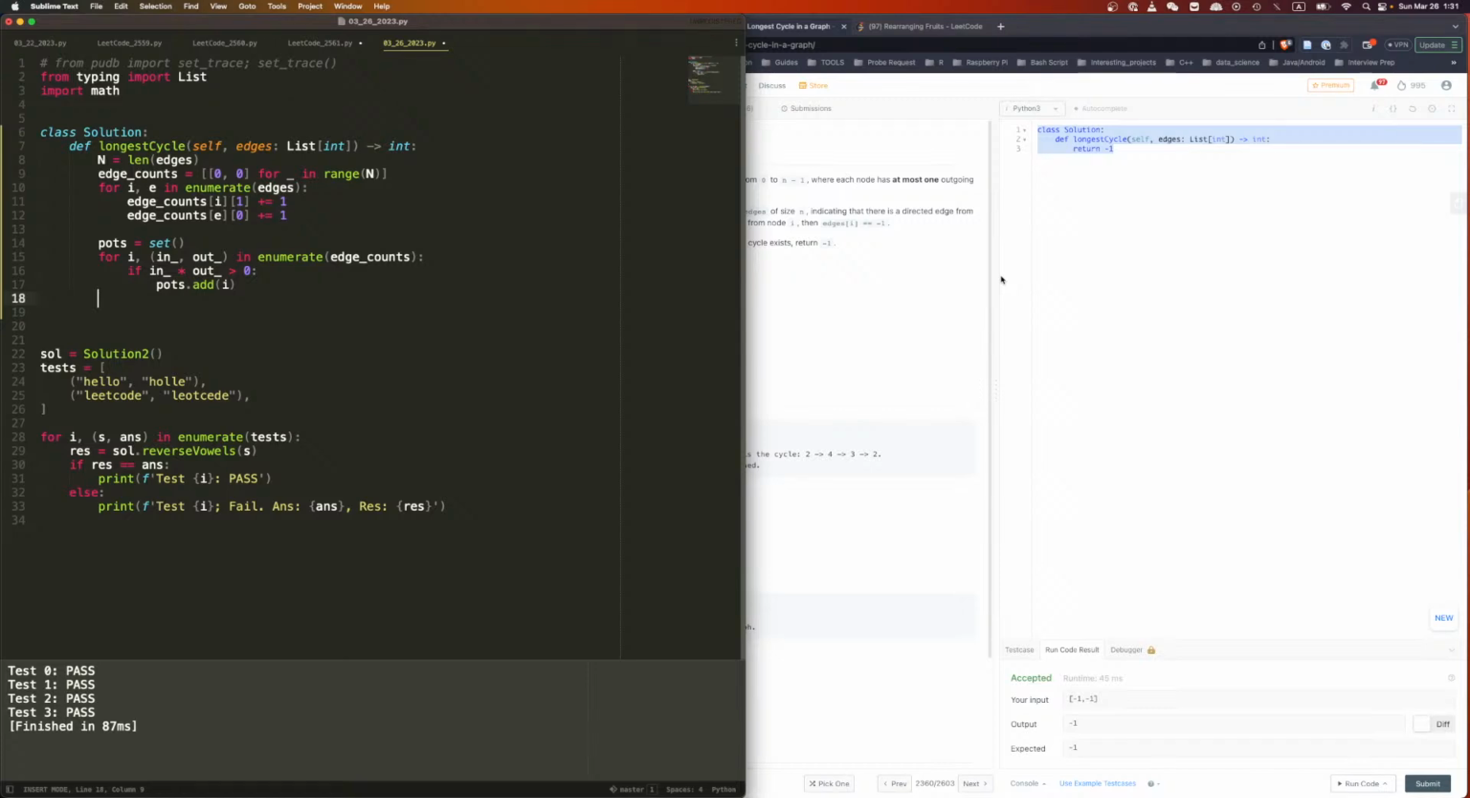But how do we know the size of it? That is a big question. How do we know the size? So we can start counting, right? We start from a position, and then we go. We keep the record of everyone. Once we hit it back,